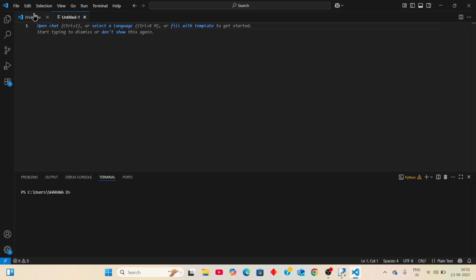And one more point, the sixth point: Python is a platform independent language.